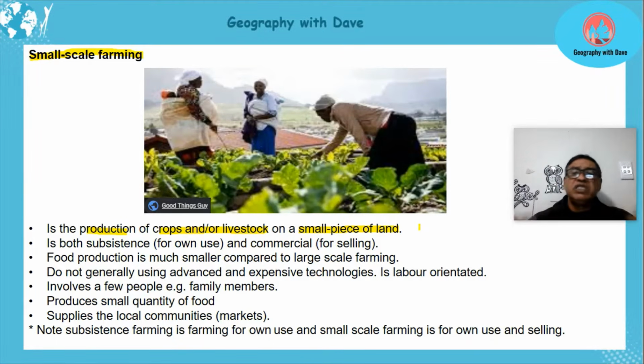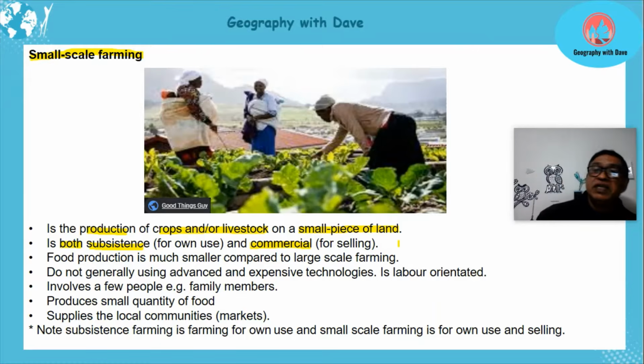And it can include mixed farming. You can have livestock, you can have crops, you can have a variety of crops. That's your small scale farming. Now, another important point, it is both subsistence, which talks about for your own use. So people doing small scale farming will use it for themselves, and it's commercial, where they would look to